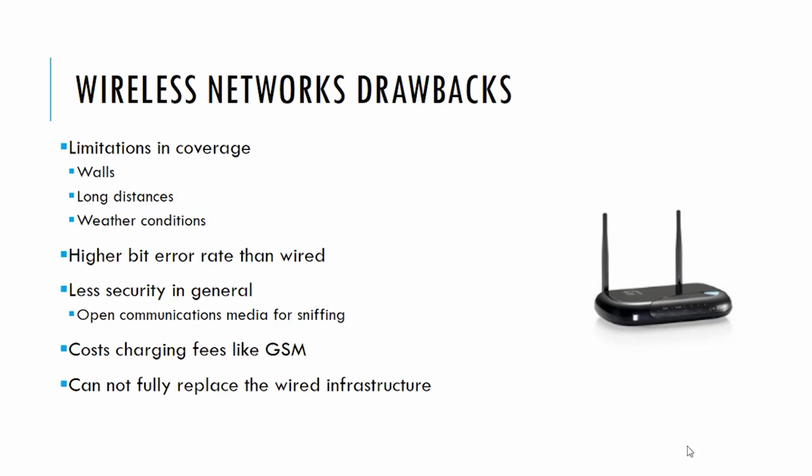The wireless network generally has a higher bit error rate, higher than the corresponding wired network. Wireless is in general less in the security features. This is because the communication media is the air. It is open for sniffing. It is susceptible to any listening device that can catch the signal intended from a certain sending device to a certain receiving device and interpret it and know its content, because it is just in the air which is open for everyone. So sniffing is